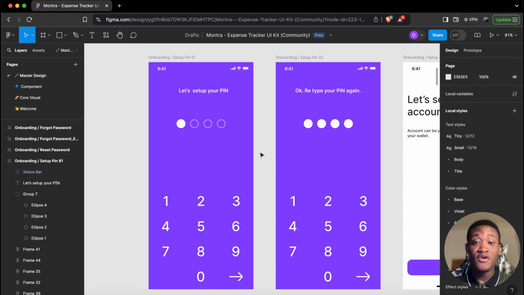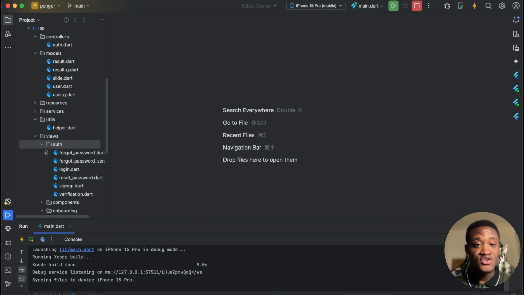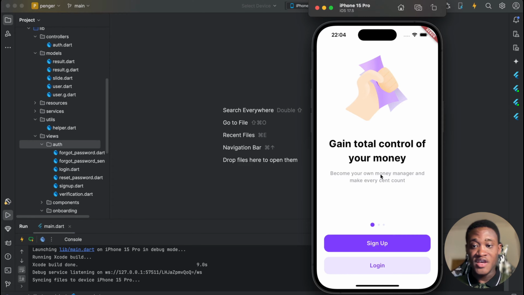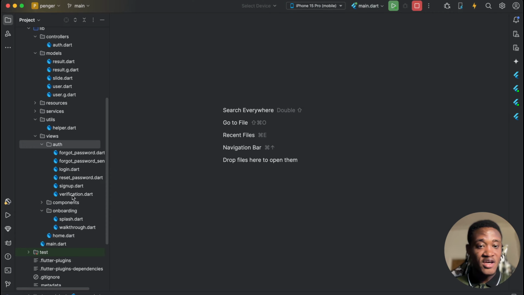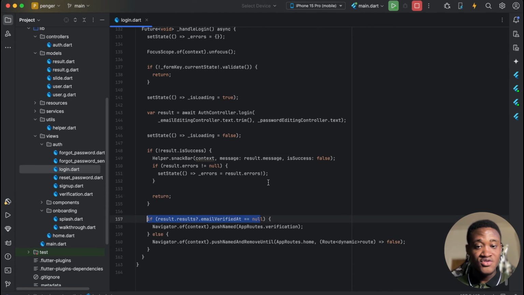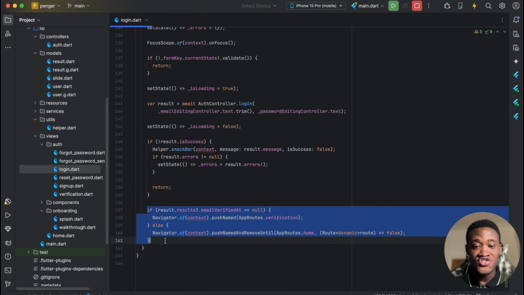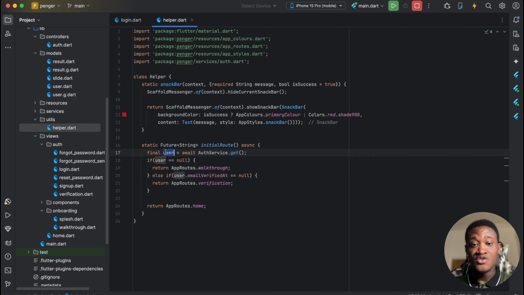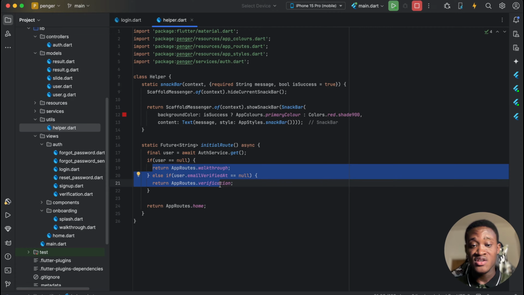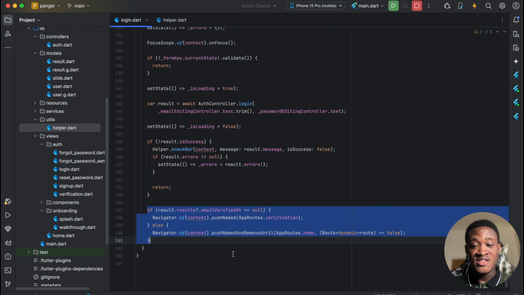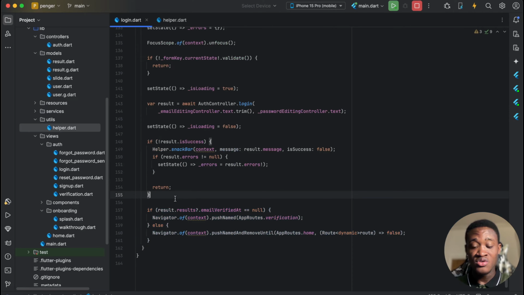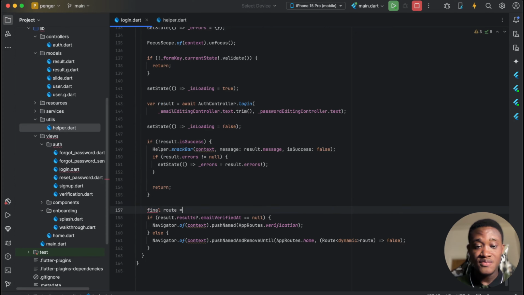Okay. Now, before we proceed, we would like to make a few adjustments to our code from the previous episode. So if we head over to our Android Studio, I have the application already running here. If I head over to the login screen, right? So when the user logs in, we do this check here and then we route the user to the appropriate screen. However, if you remember from our previous episode in the helper here, once we have the user state, whether the user is logged in or not, we can determine what the screen is and then route the user to the appropriate screen. So what we want to do, instead of doing this here repeatedly, is just get the final route,